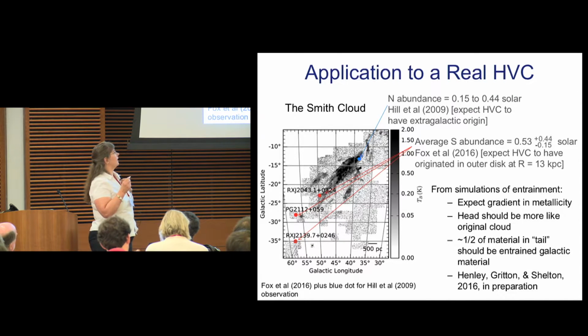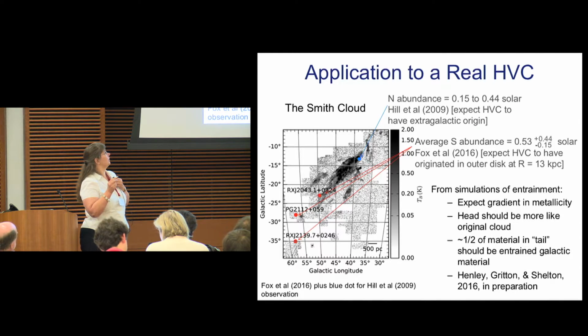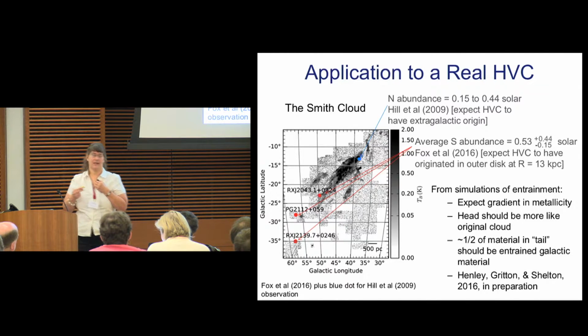And I'm picking that number because we looked at the size of the Smith cloud, we looked at the directions of these observations, and for sight lines that go through our simulations, even at the direction and the angle of these observations, we get roughly 50% entrained gas. So if the Smith cloud is extragalactic, you would expect a low metallicity here and for it to increase as you come back. If the Smith cloud was made in our galaxy, and if the halo it's gone through has a lower metallicity than the region in which it was made, then you'd expect the gradient to go in the opposite direction. Okay. How does that compare with the observations?